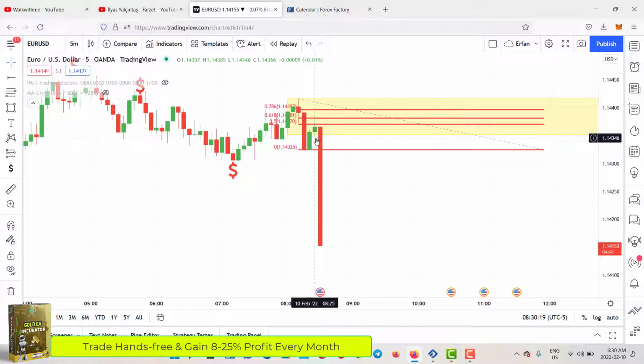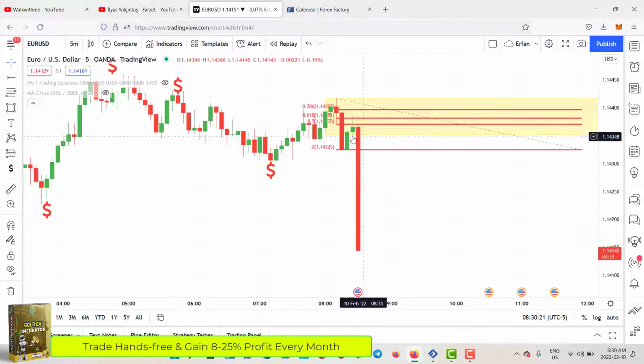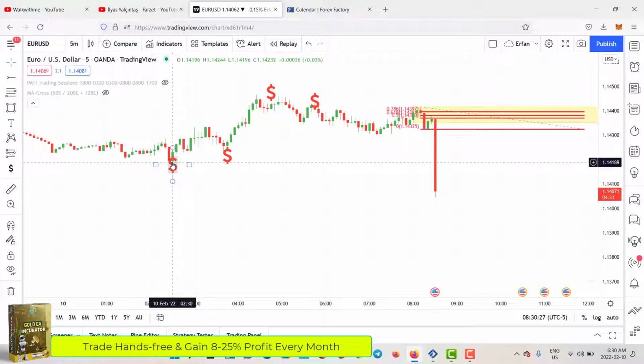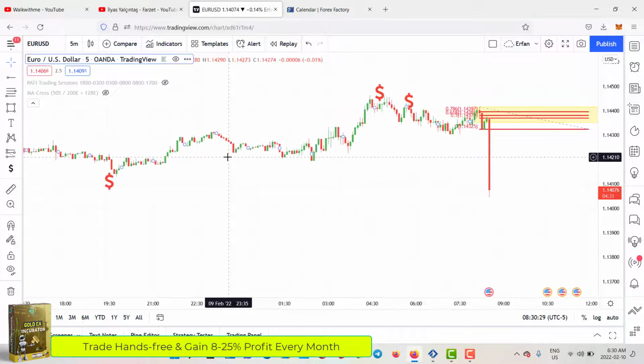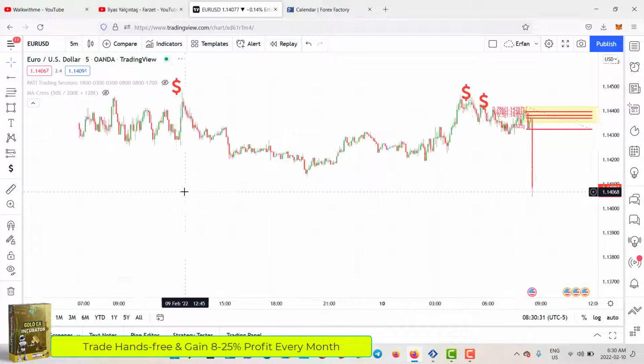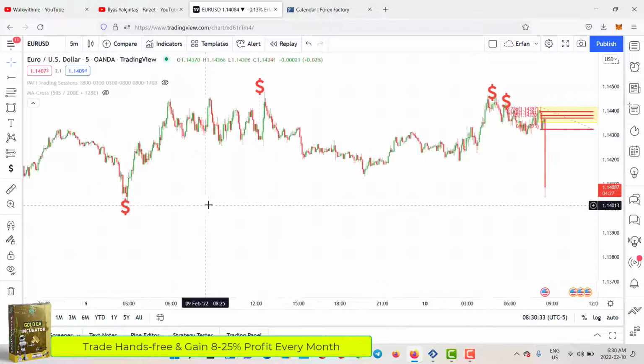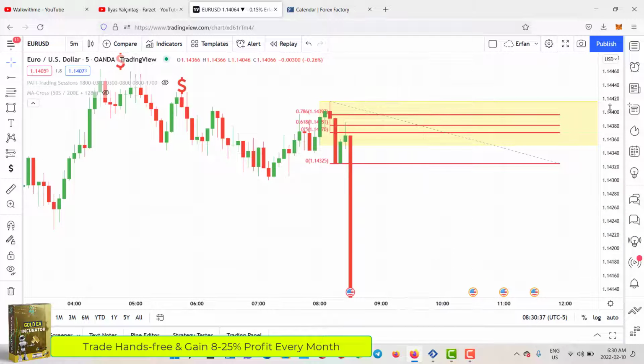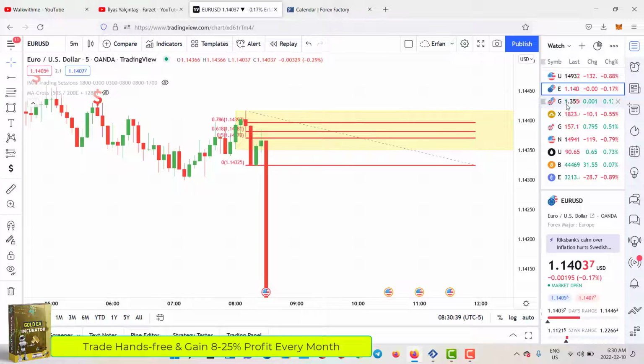I wanted to literally take it from here, but I was waiting for this candle to close, and it didn't even let me do that. Like, look at this. Wow. Liquidity after liquidity is already grabbed everything. That would be a great trade if I wanted to get into. Like, I wanted to, but